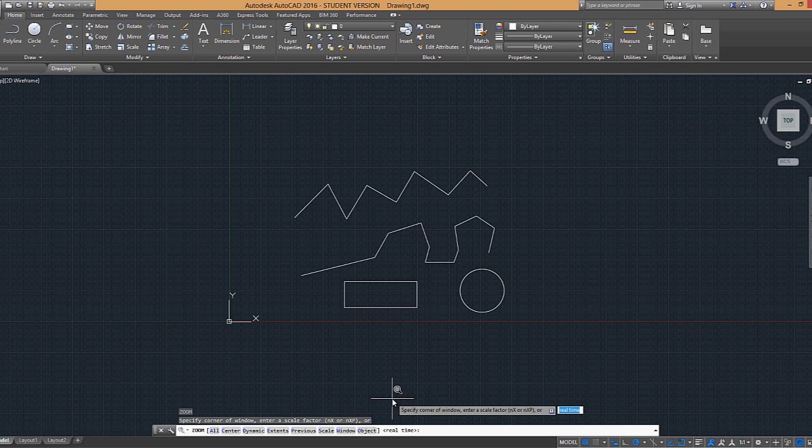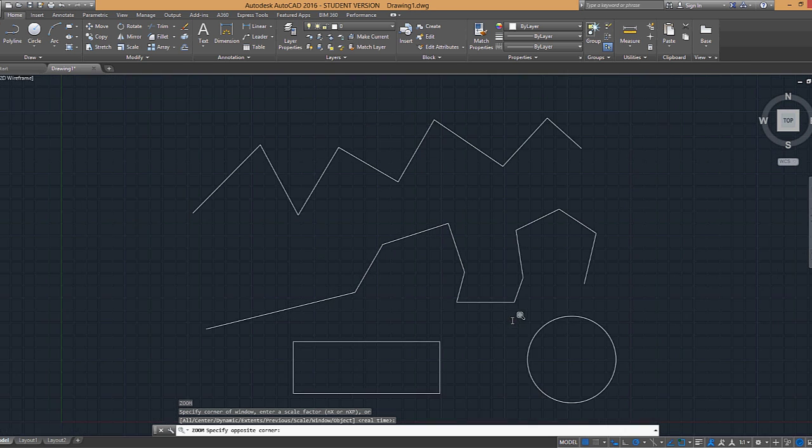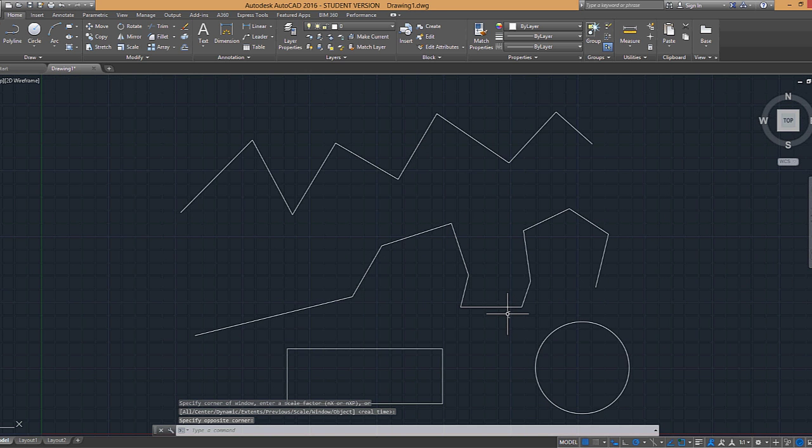The default for the zoom command is to create a window to zoom to, or you can specify whether or not you want to zoom all, zoom to center, extents, etc. by using the subcommands in AutoCAD. So you can see that by default it says specify the corner of the window, and this is where the default is to create a window that it'll zoom to. But if I type in Z again,